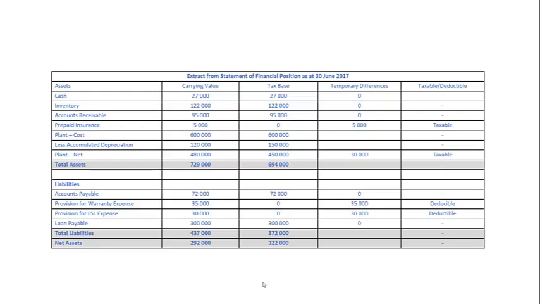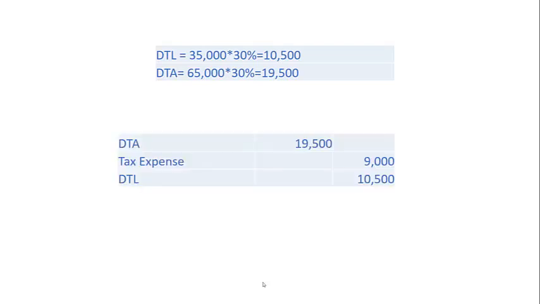So what we can see happening here is that we've got some taxable temporary differences of $35,000 and some deductible temporary differences of $65,000. So we need to work out the deferred tax asset and the deferred tax liability. The deferred tax liability is $35,000 at 30 cents in the dollar, $10,500. The deferred tax asset is $65,000 at 30 cents in the dollar, that's $19,500. And we'd recognise a tax expense for the combined effect of those. So we'd recognise a tax asset, a deferred tax liability, and the difference is recognised as a tax